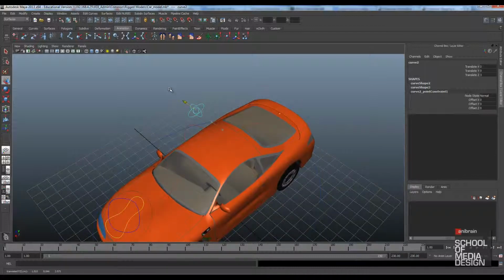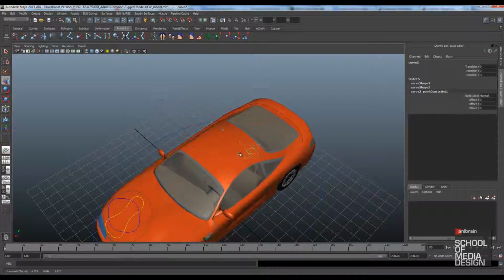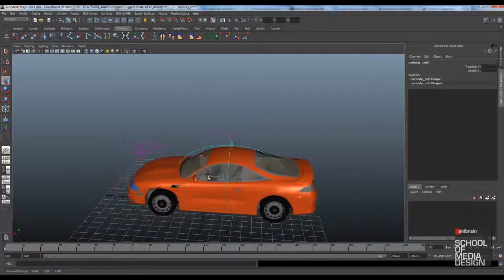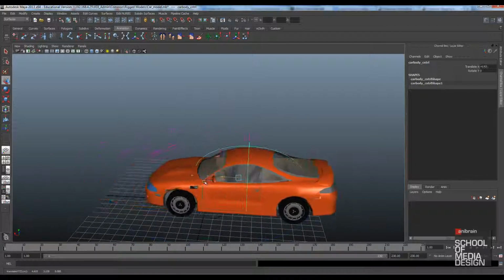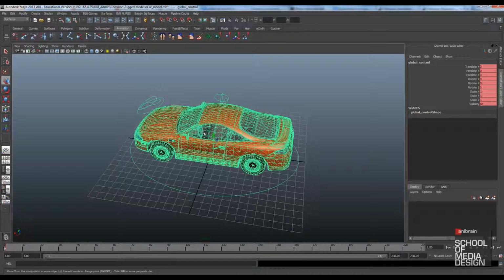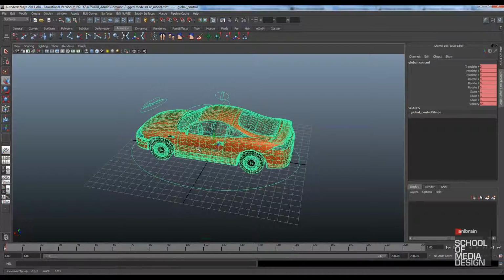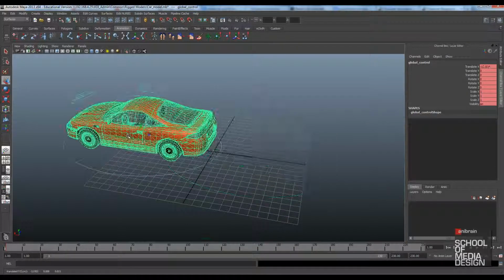And same thing with the left and right side. These movements can also be done by using this controller. And this is the overall car controller. And this one is known as the global controller. It will move all the other controllers and also the car mesh with it.